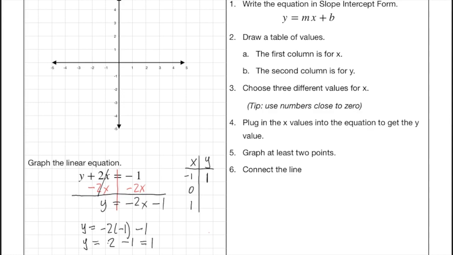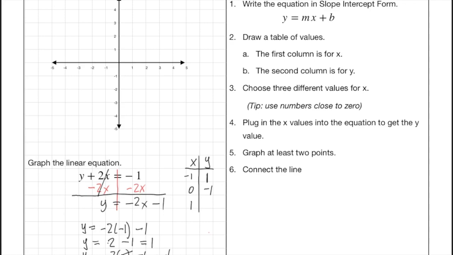The next one, we're going to plug in 0. This is going to be a little bit easier. So y equals negative 2 times 0 minus 1. We know that anything multiplied by 0 gives you 0, so that cancels out. So our number is going to be negative 1. And as you can see right here, your y-intercept was going to be negative 1, so we're doing our work properly. And the last one, we're going to do y equals negative 2 times 1